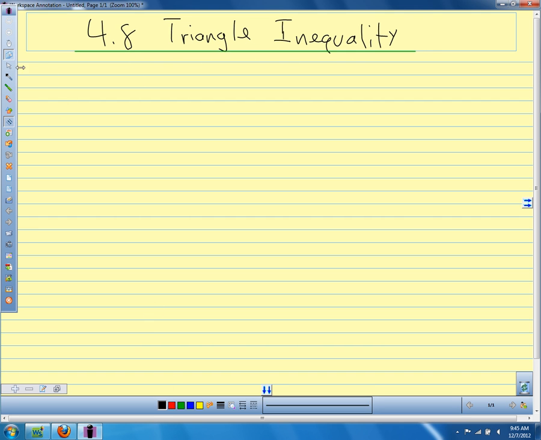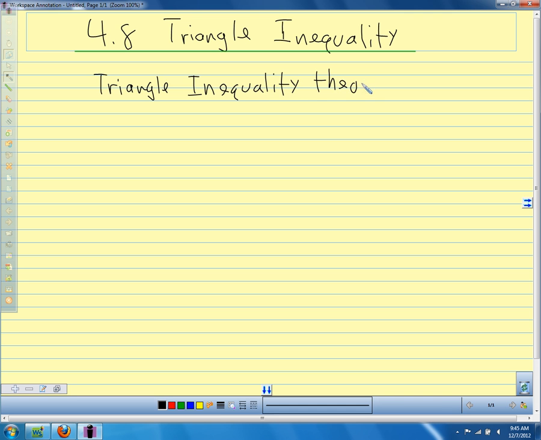The triangle inequality is one of the most important, if not the most important inequality in all of math. And it comes up in lots of different places. So we're going to write the triangle inequality theorem. Inequality just is like greater than or less than. The triangle inequality theorem says that the sum